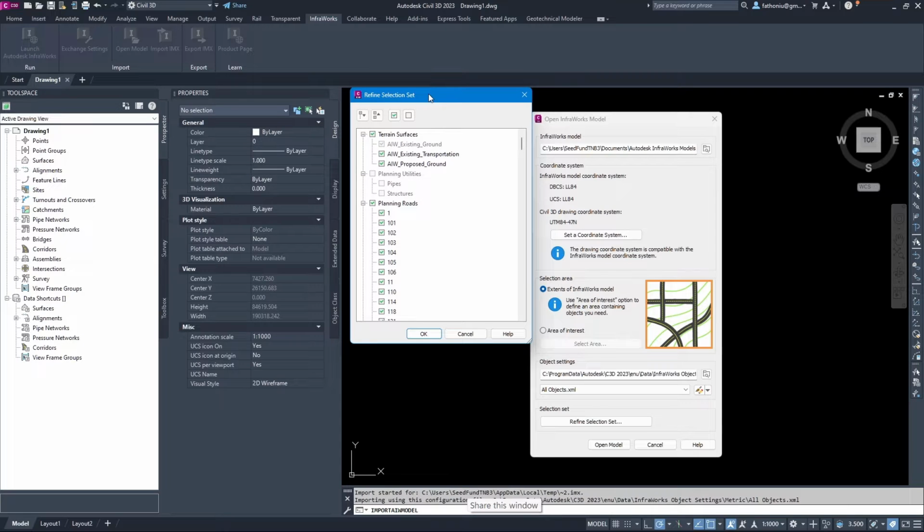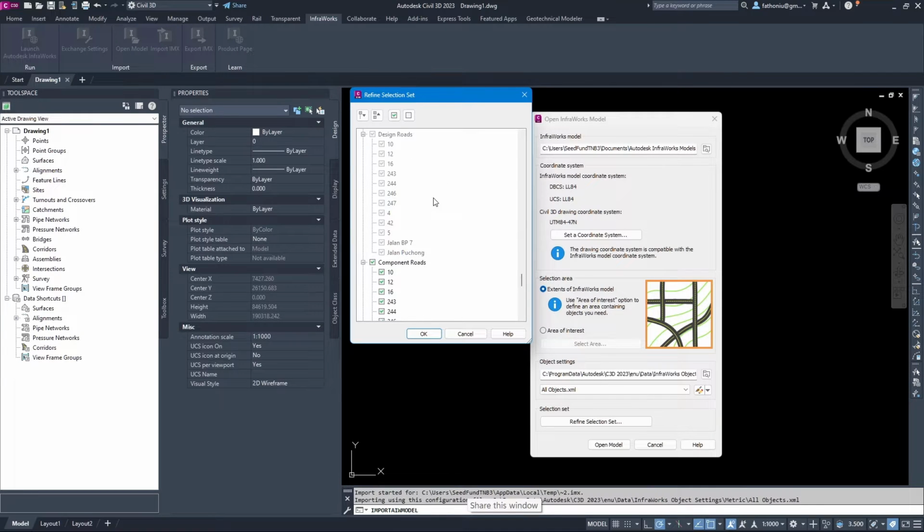So it cannot manage to have certain sub-assembly such as the bench or slope bench for the daylight, and the pavement is very simple. This only consists of one rigid pavement, one layer of thickness. But in Civil 3D we can manage to have more detail. So then we don't want these two, we only want the existing ground from InfraWorks. And then planning road also we don't want to import it.